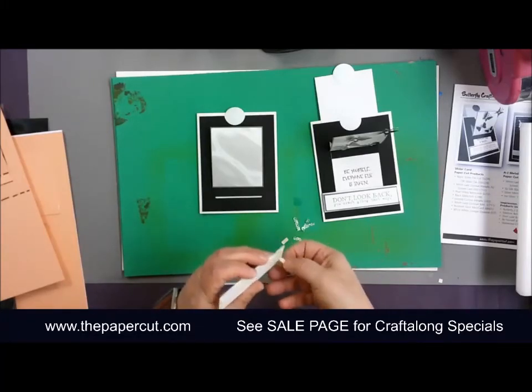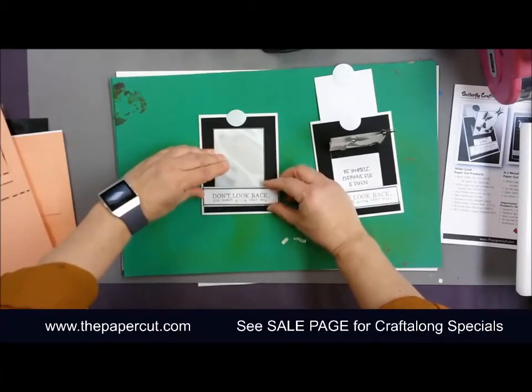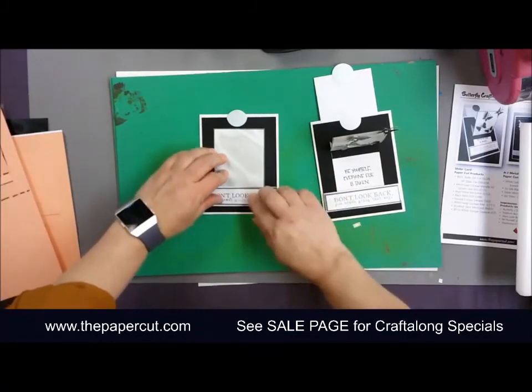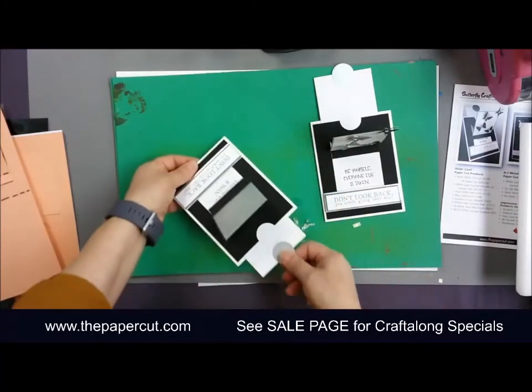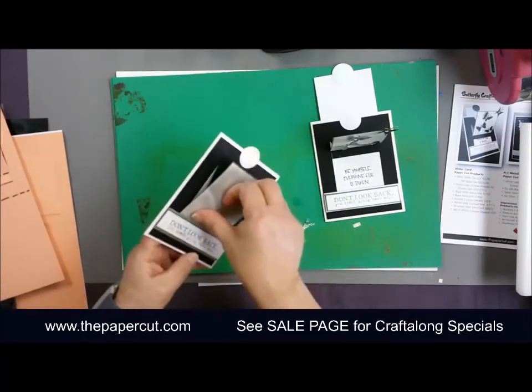So, okay, so we have that. But I waited to put my butterflies on until now because then I can kind of see where everything is. Now, one thing, and I probably need to raise it up a tiny bit more because I'm getting...